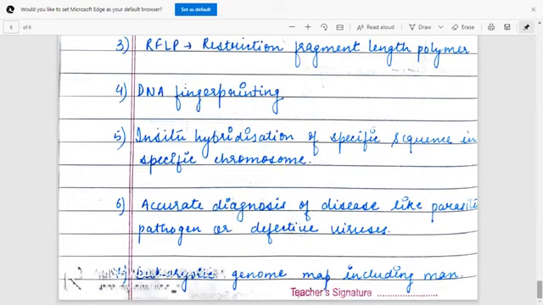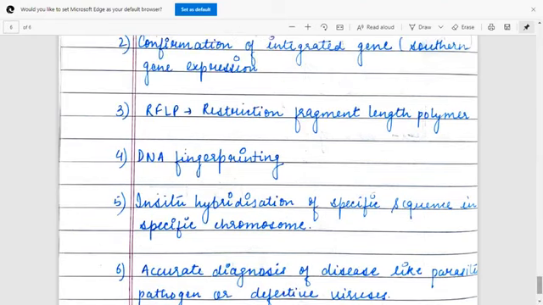The only thing is that the gene should be specific, and for that the probes should be available. Then genome mapping, including in man, and this probe can also be used for the detection of certain genes. Likewise, for real-time PCR also, in the current situation of COVID-19, the coronavirus gene is also going to be identified using this probe.